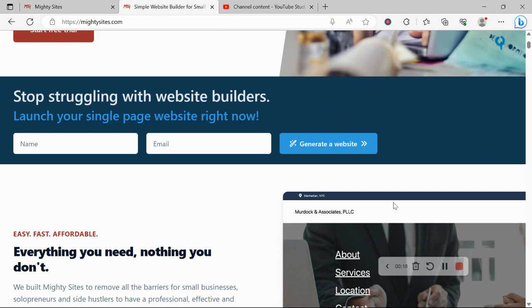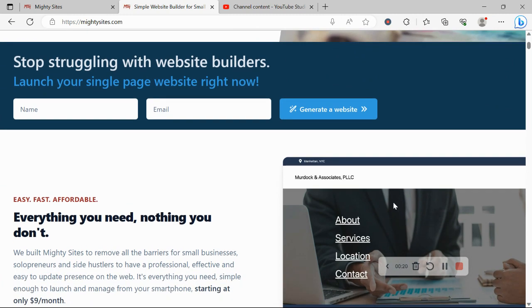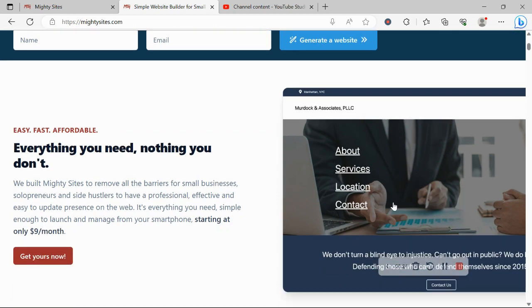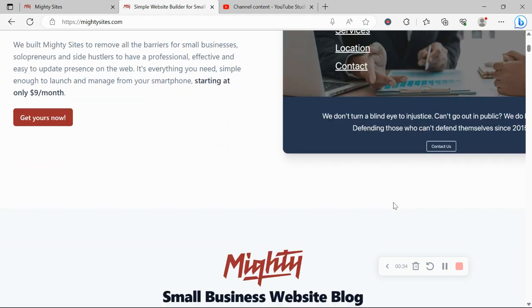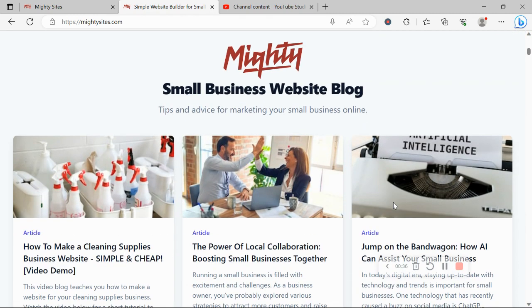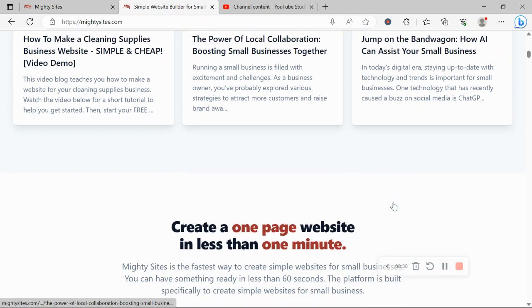marketing business. If you haven't heard of MultiSites yet, MultiSites was built to remove all the barriers for small businesses, solopreneurs, people with various side hustles, just like you, so you have a professional, effective, and easy to update website for an affordable price. It's only going to cost you $9 a month,